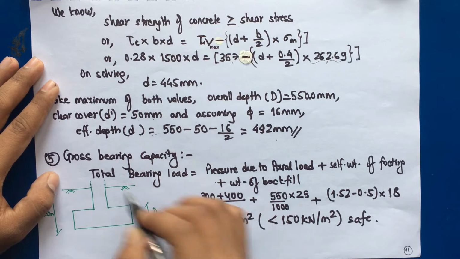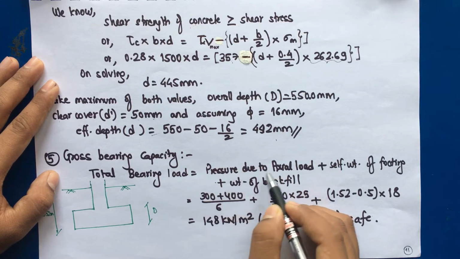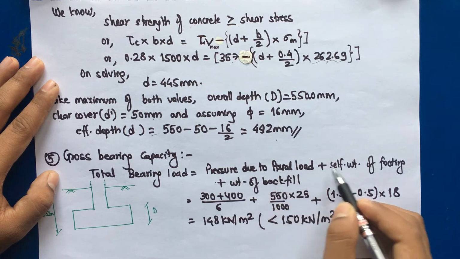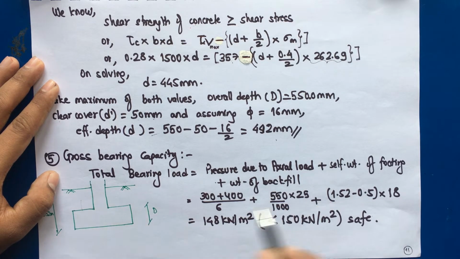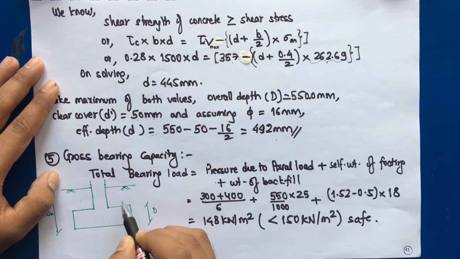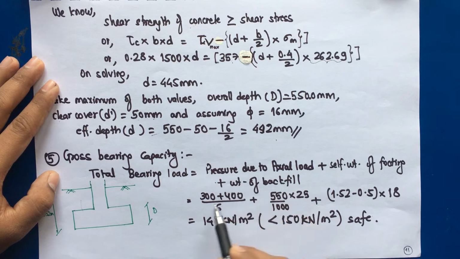So the total load acting on the footing is the pressure due to the axial load from the column plus the self weight of the footing plus the weight of the backfill. The pressure due to axial load is nothing but (300 + 400) / 6. This is load divided by area provided. Then the self weight of the footing, so this is the footing